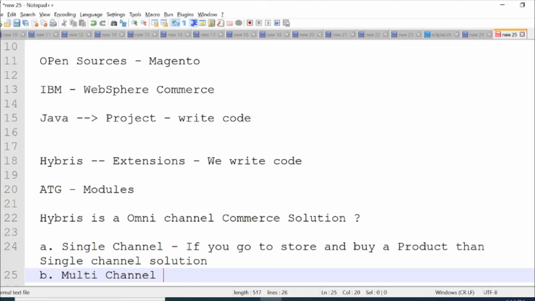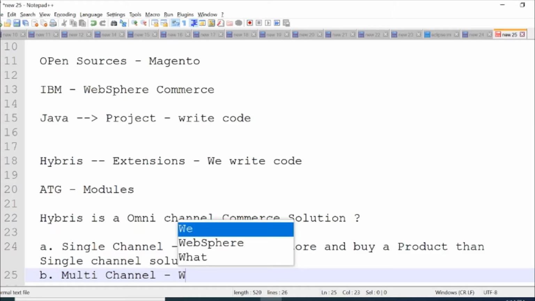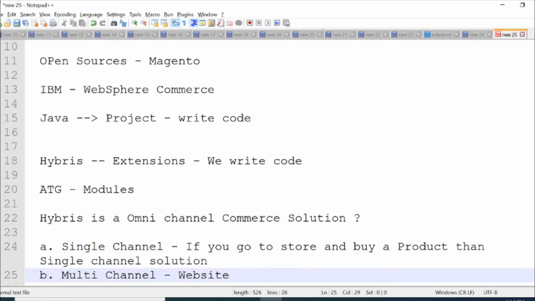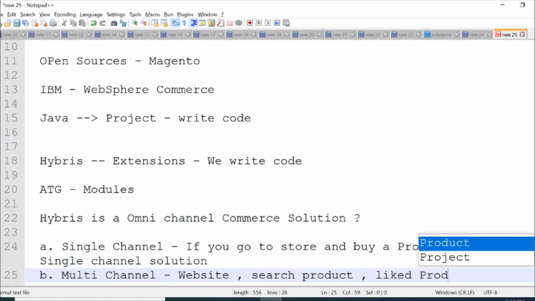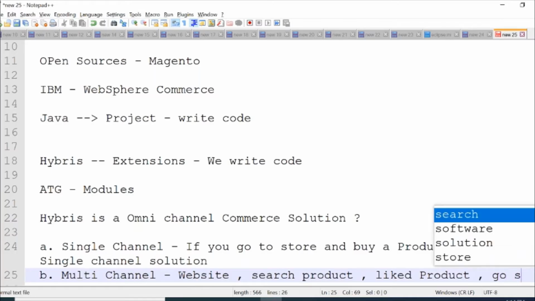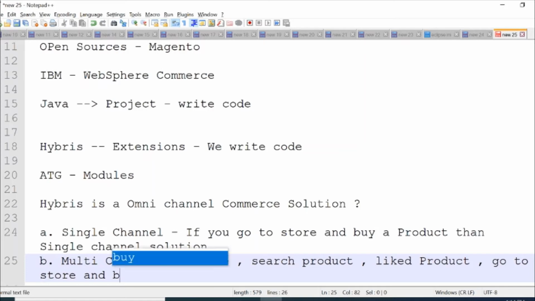An example is, if you go to a website, you search for a product and you like the product, and then you go to a store and buy it. So here multiple channels are used. So this is a multiple channel solution.